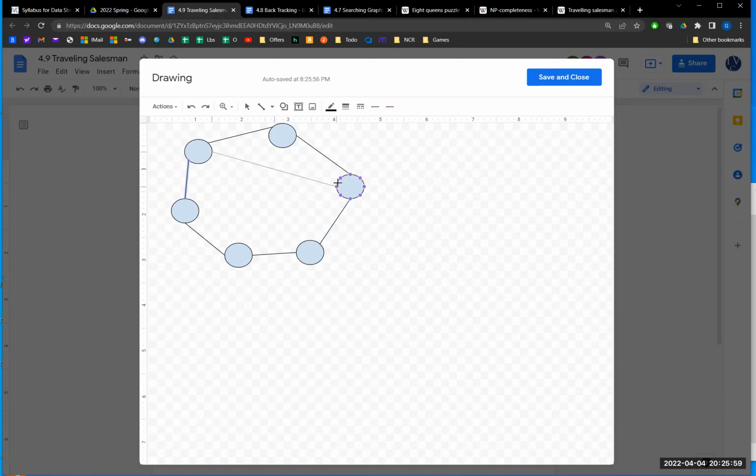Yeah, I might be getting a little overzealous here with even 6. It's going to be a lot of edges here. Probably just have to cheat on